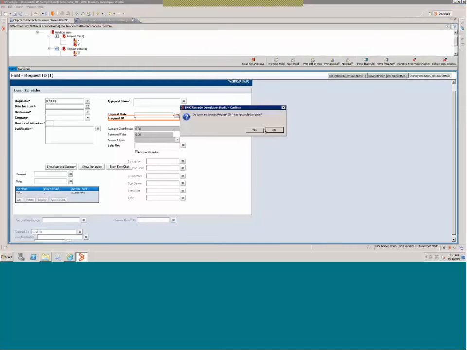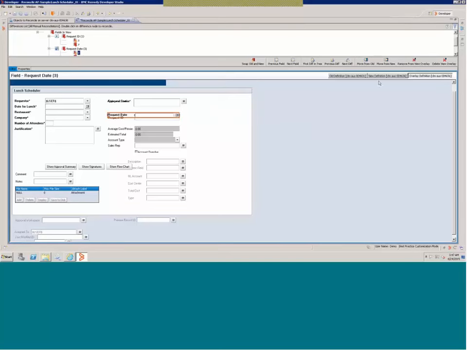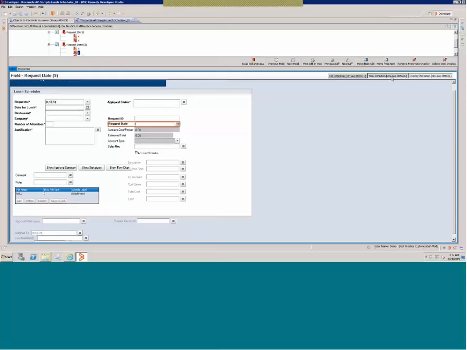So as I move to the other field, since I did some operation, the request ID, the tool is asking me, do you want to mark this field, which is request ID, on reconcile? So I'll say yes. So now I'm at the request date, and I click this move to new button because I want to take that change which BMC has provided. Now I'm at the y coordinate property, and now things seem to be aligned. So if I toggle, they seem to be aligned.